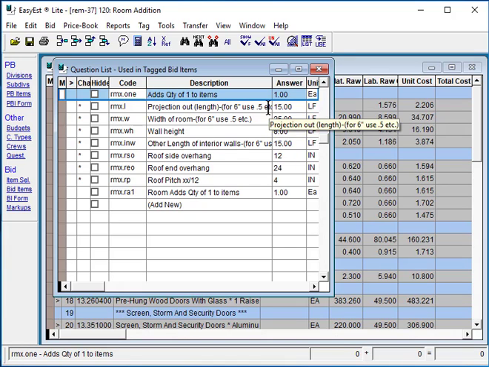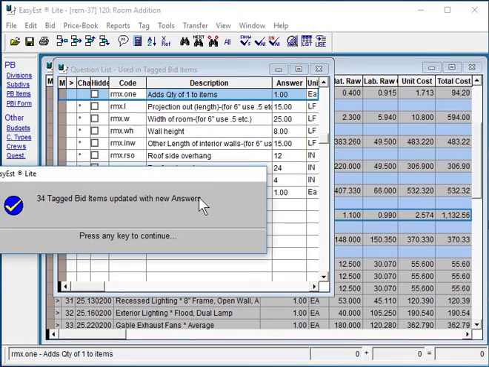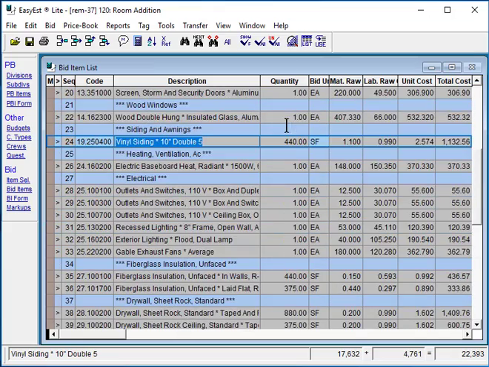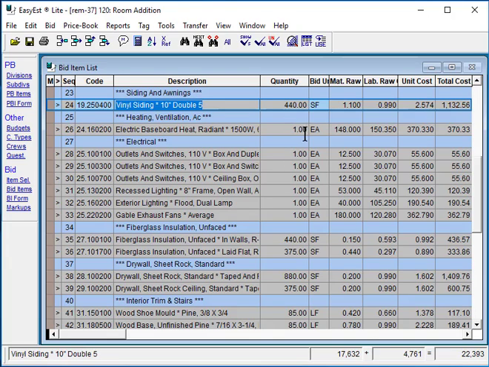The projection out is how far out from the structure, the back of the house, if this is the case, and how wide it is. We're going to leave the 15-foot out and 25-foot wide, and also the wall height. We just arbitrarily picked 15 other or additional interior walls in the addition, and we've established the roof overhang and the roof pitch to finish it out. We could click the Use button and it will populate all the items in here with quantities. The next thing you would do is go down through wherever it had 1 and put the correct amounts in